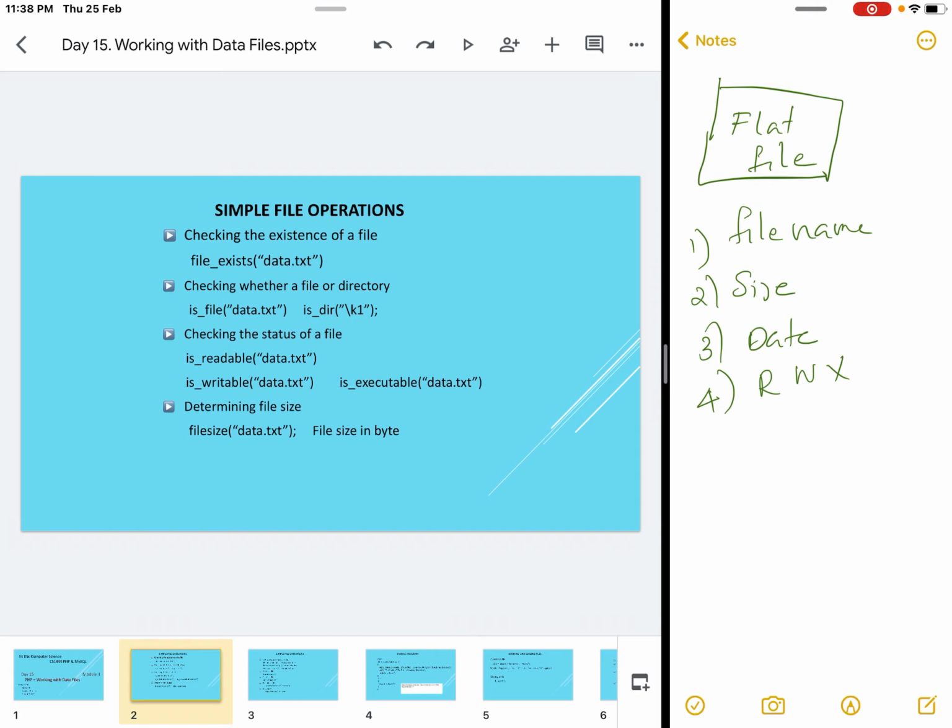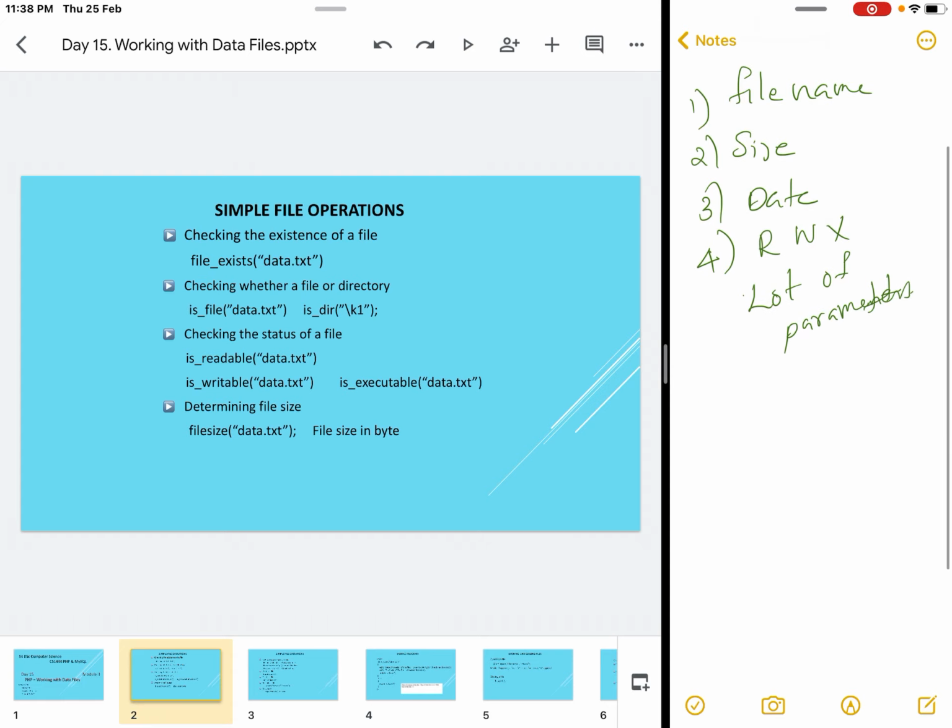So associated with the data file, there are a lot of parameters or characteristics representing that particular file. These library functions are associated with these parameters of files.